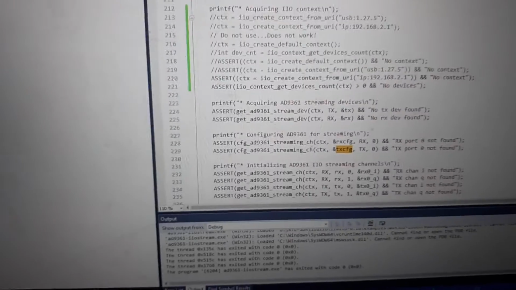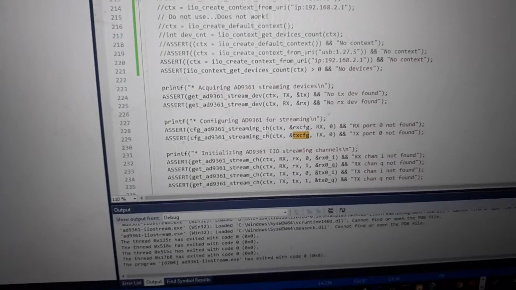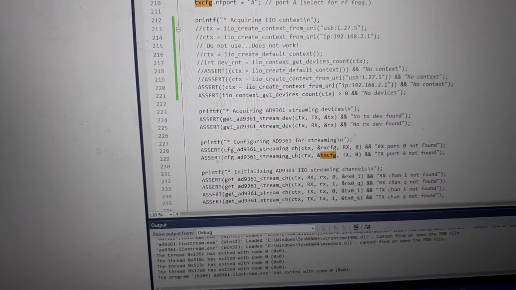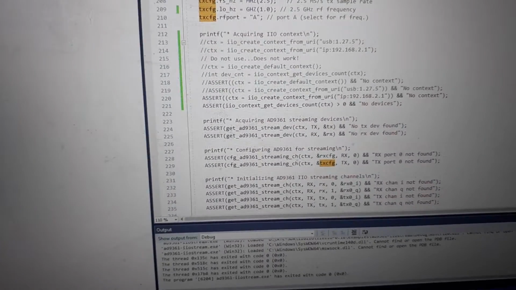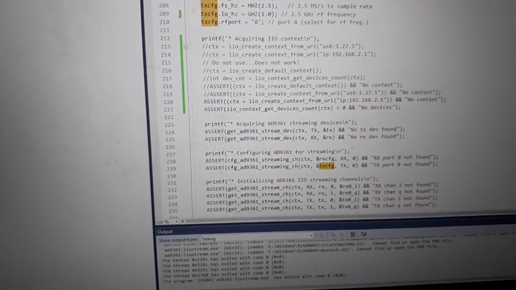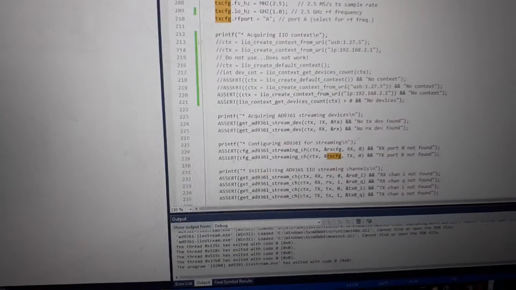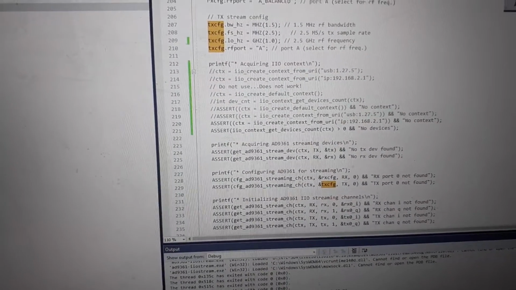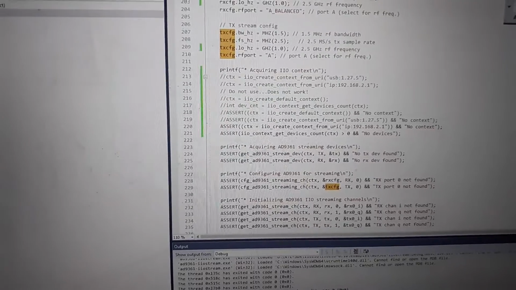And I decided to use the IP context because I noticed the USB context changes that number 127.5. It changes, so 192.168.2.1 always stays the same. So I decided to use the IP context, and